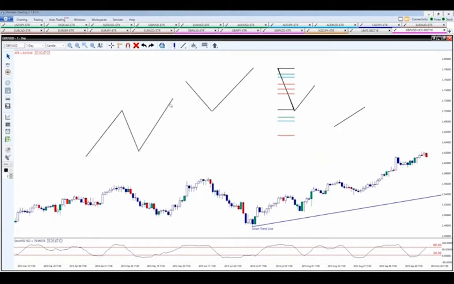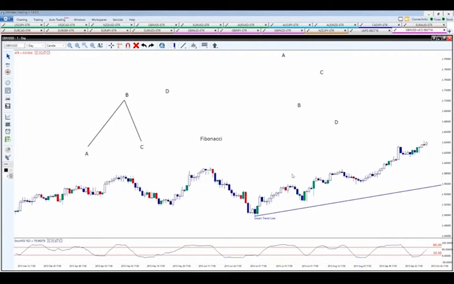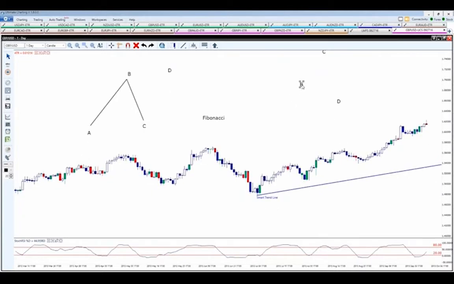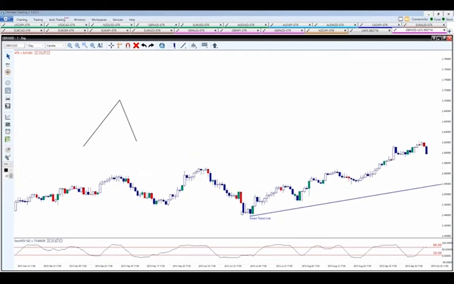So let me see if I can quickly delete some of these here. There we go. Now, the market, let me see if I can delete all that. There we go. I'll just delete all. Now, this is the lowest point of that new trend here. If you remember, the market pullback formed its U-turn right here.